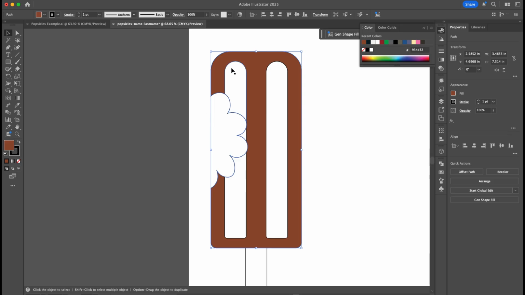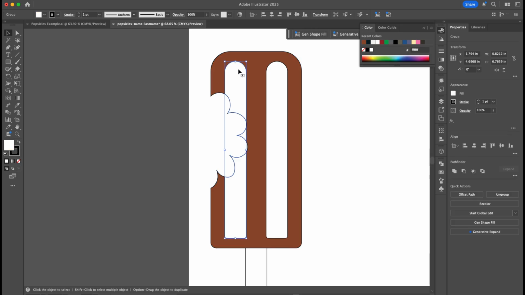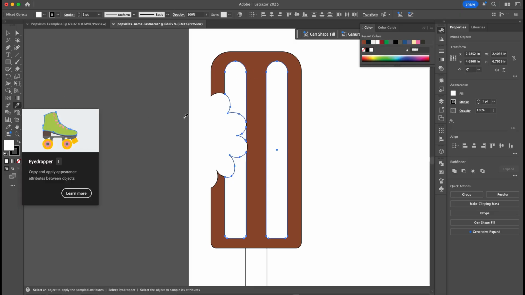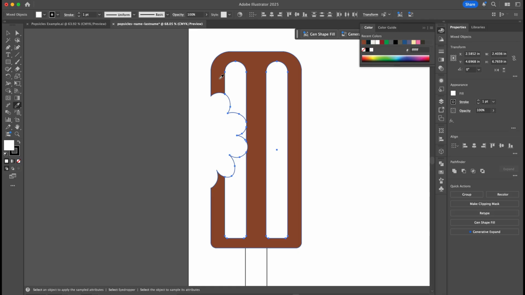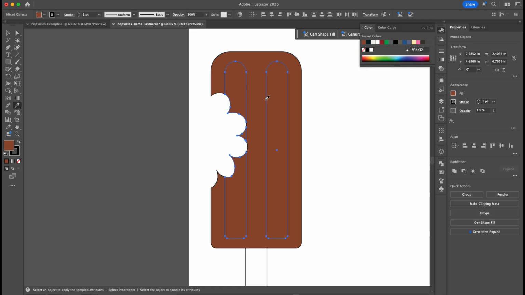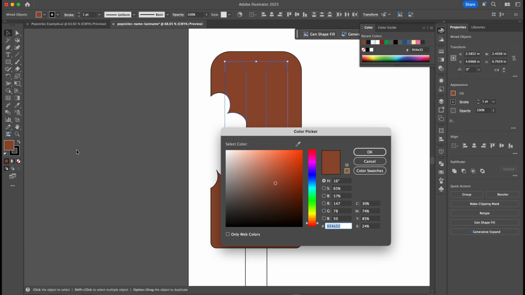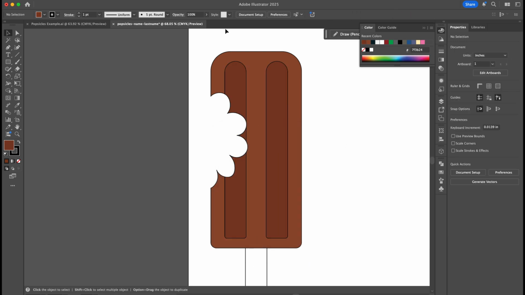Alright, so I'm also going to then select my smaller shape. I'm going to hold Shift, select my other small shape. Then I'm going to hit I on the keyboard. This takes me to my eyedropper tool. It's the one over here to the left. I'm going to then click my big shape. That makes it to where these smaller shapes are also that same brown. But I actually want these to look like they're a little bit into the popsicle, like there's a bit of an indentation. So to do that, I'm going to click this, go to my fill, sorry, and then I'm going to lower my fill, make it a little darker. That will just make it to where it's